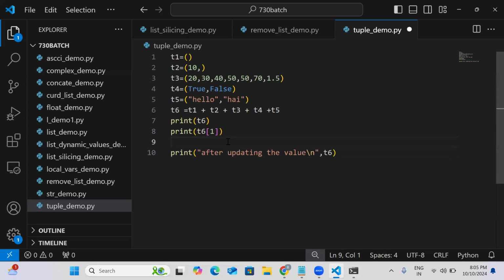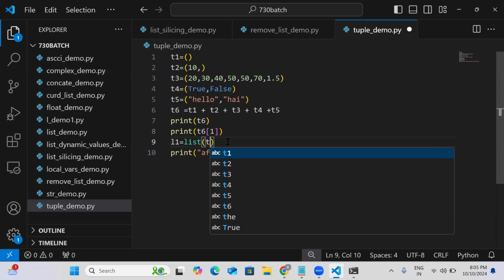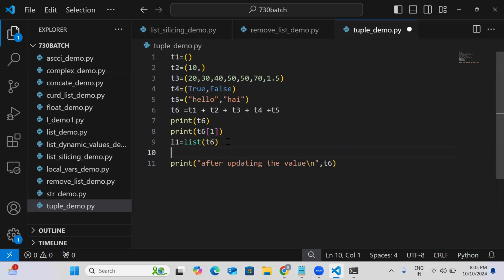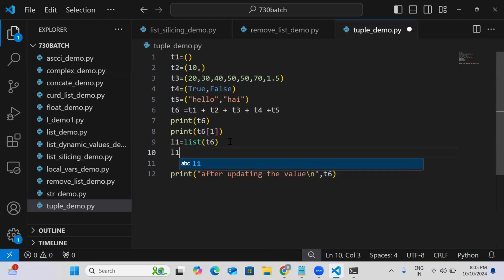See that now. L1 equals list of T3, T6 here. The T6 object is converted into the L1 list type. Then you can do the updation here. L1 of 1st element, we can do updation here. Update the value to 90. After updation, again